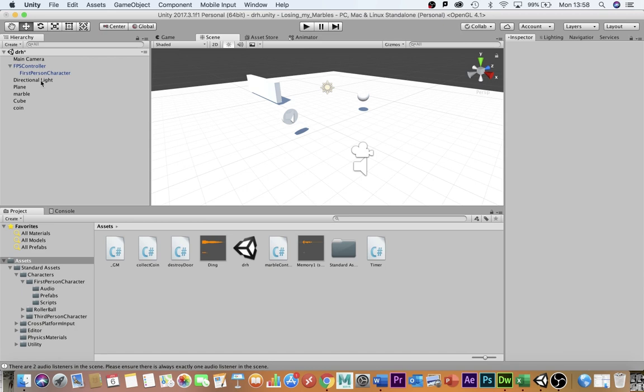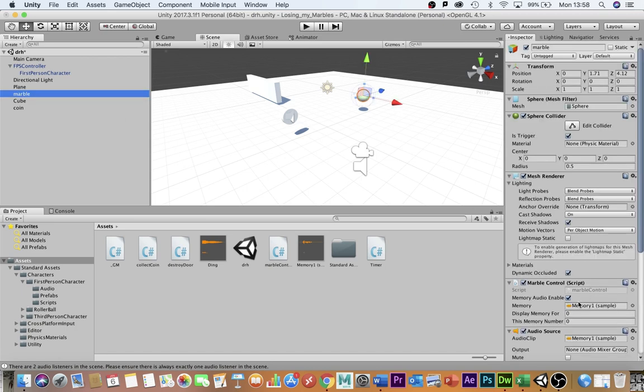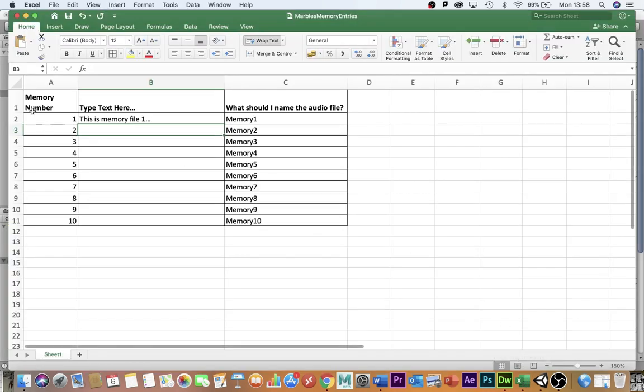The reason for that is because of this line here, display memory 4. This controls how many seconds the audio file will play for. It will also control exactly how long any text that's associated with this memory file appears on the screen. So for example, if I've planned something like this, memory number 1, the text is going to be this is memory file 1, and that's what I've recorded my audio as, and I've then named the audio file memory 1,